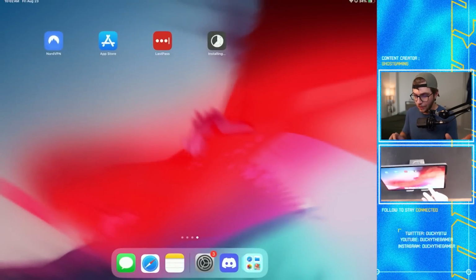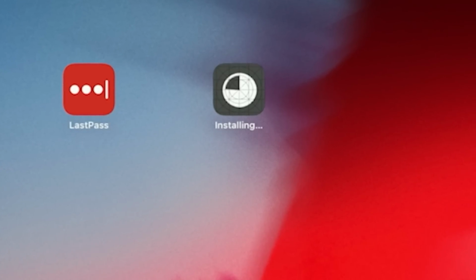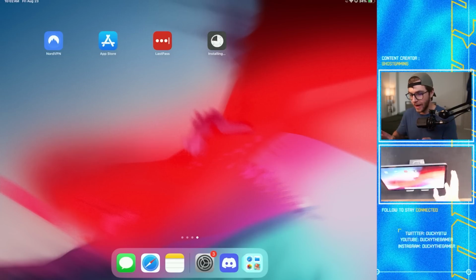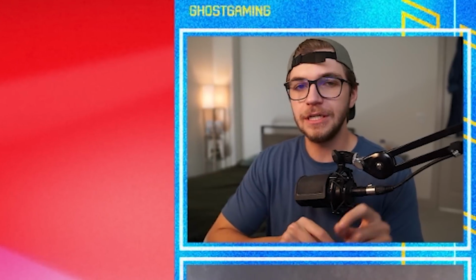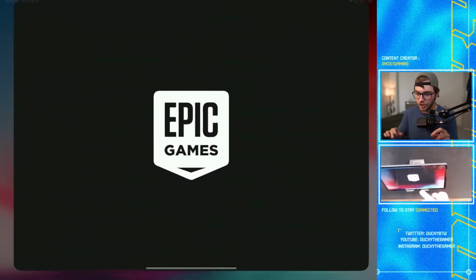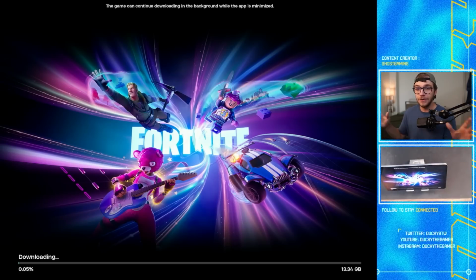And then if we exit out to the home screen, you will see there's something installing on our device, and once it loads, it should be Fortnite, and we should be able to open it and sign in and the whole shebang. So if you're wondering, is Epic Games going to ban your account using this method? Well, honestly, the chances are slim, but there is also a non-zero chance that something could happen to users who perform this method. So always use methods that are not native and are not Epic Games certified with lots of caution. But once we open up the app, as long as nothing went wrong, you'll see we are now downloading